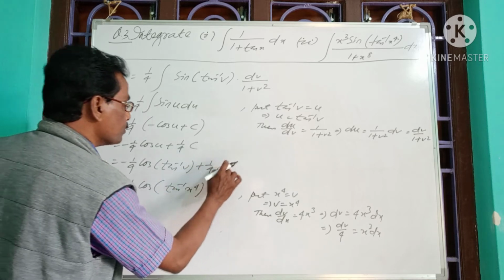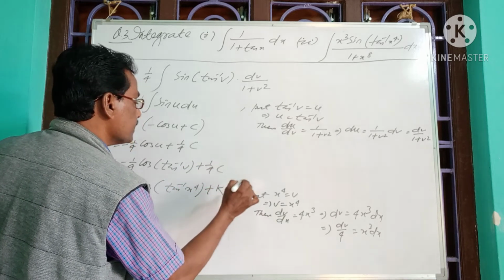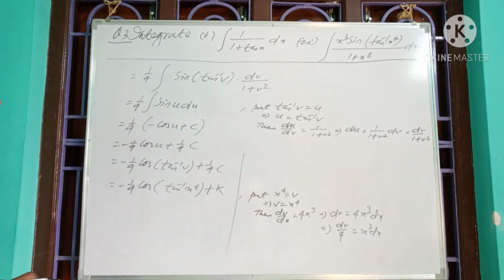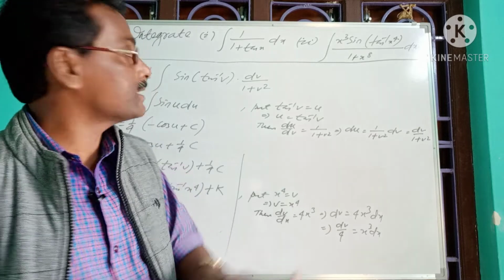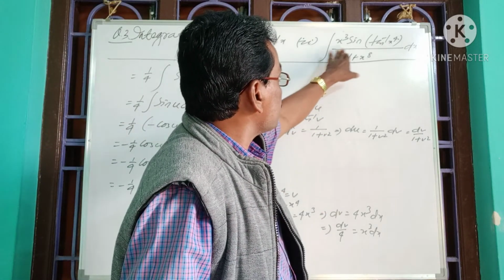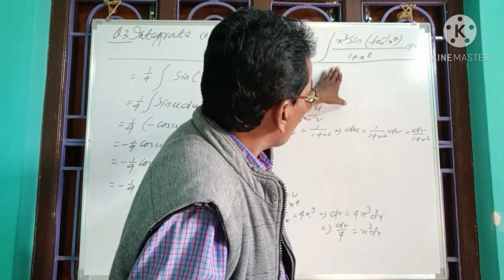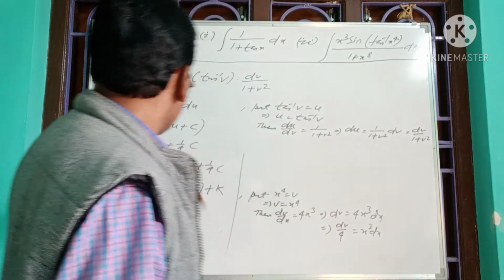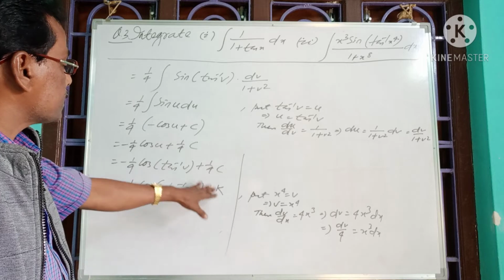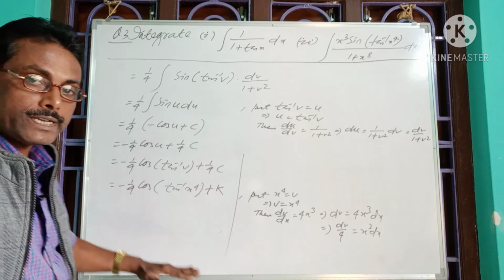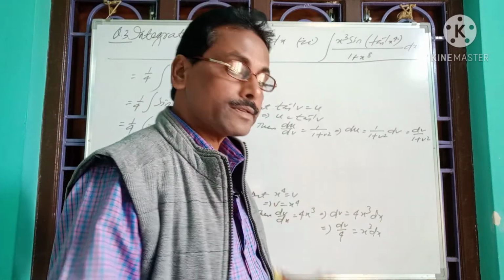So finally, replacing, we have minus 1 by 4 cos of tan inverse of s to the power 4. In place of 1 by 4 into c, we can take the constant k, where k is the final constant of integration. So in this process, we completed the integration of the integrand, that is, integration of s cubed sine of tan inverse s4 by 1 plus s to the power 8 with respect to s will give us minus 1 by 4 cos of tan inverse s to the power 4 plus k. Hence in this process, we completed the integration of the integrand.